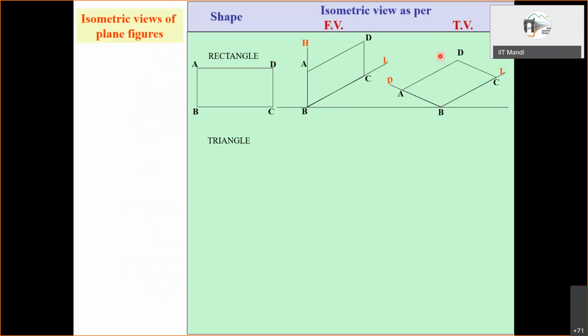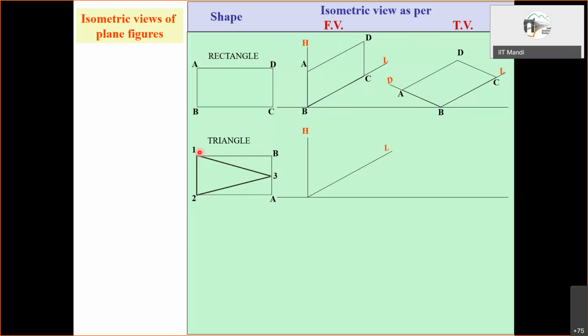A rectangle goes just like that, we discussed. But for a triangle, we have these two inclined lines. So what we do is we encompass it in a rectangle, right? As such, it is not a rectangle, it is a triangle, but we encompass it in a rectangle, and then this rectangle is reproduced.